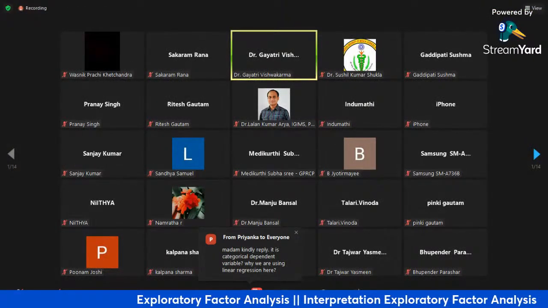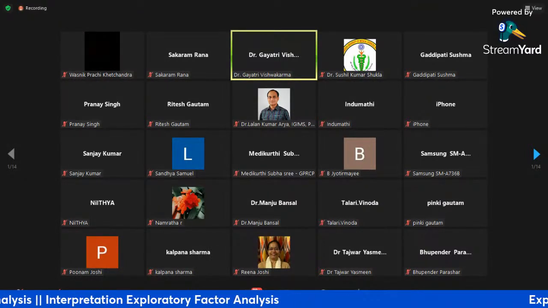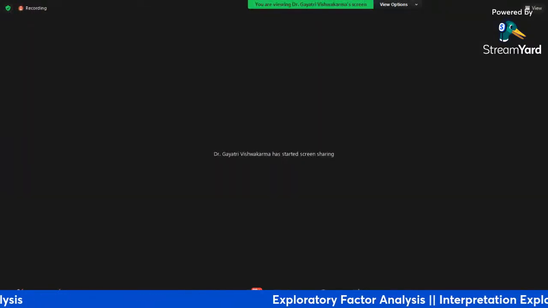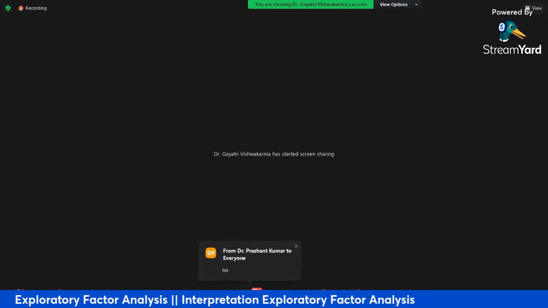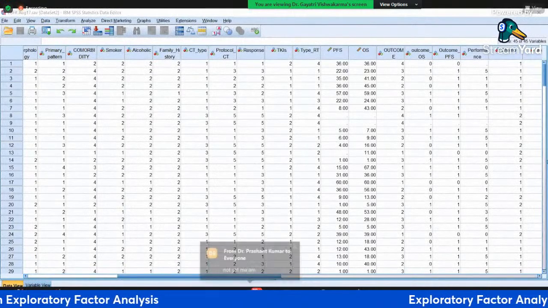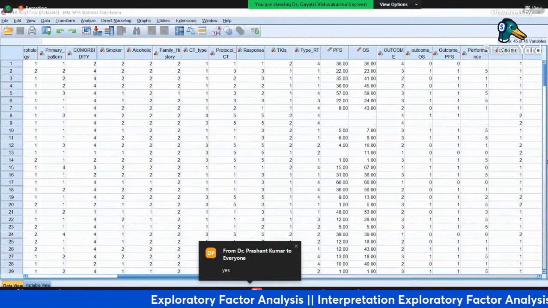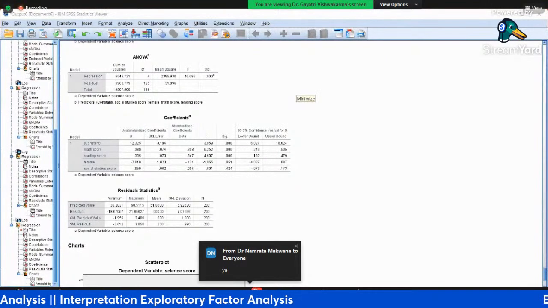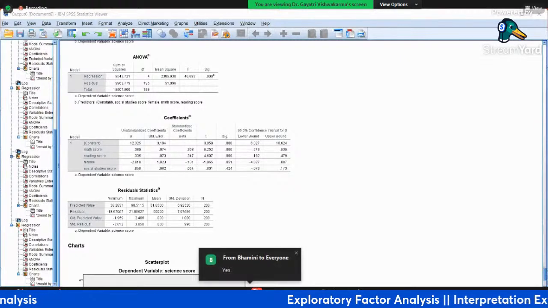Now I'm going to show you one example because time is running. Can you see the data again? I'm sharing one more screen of output. Let me go here and see. Can you see this data again of EGFR? This is medical data. Is it visible? So yes, they can see.